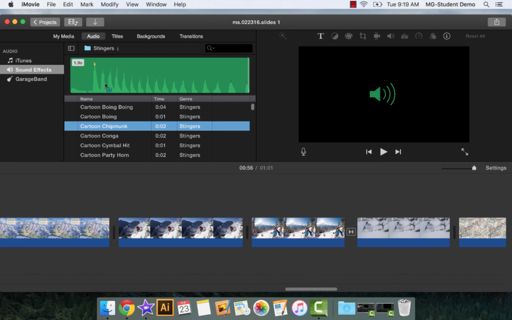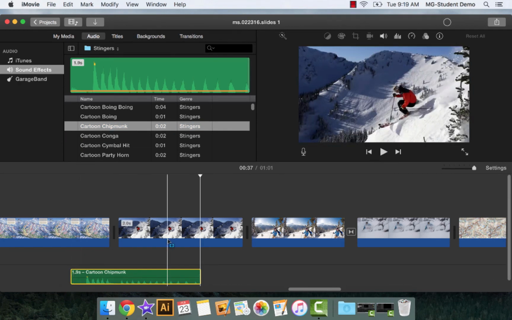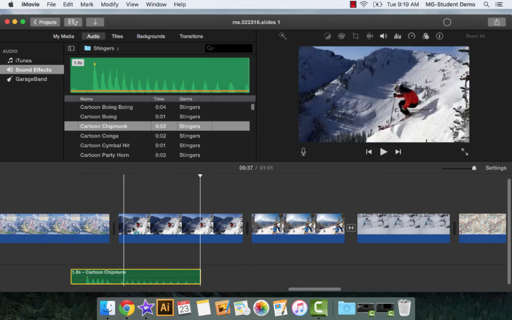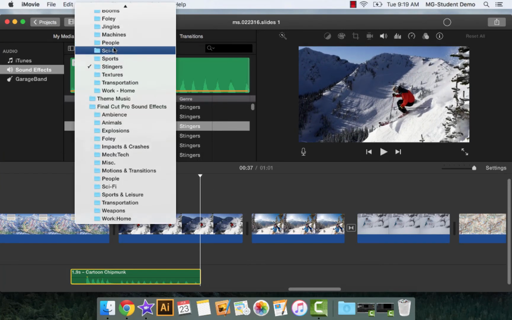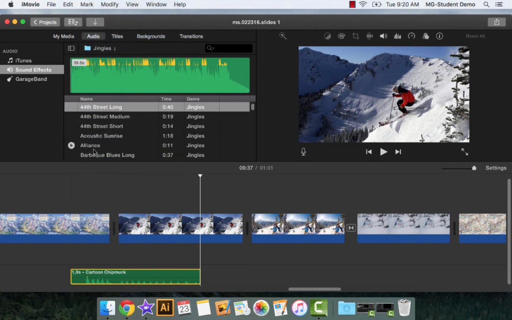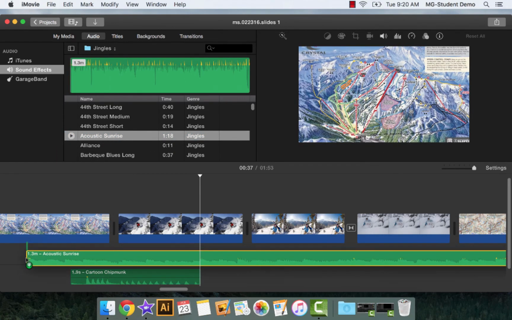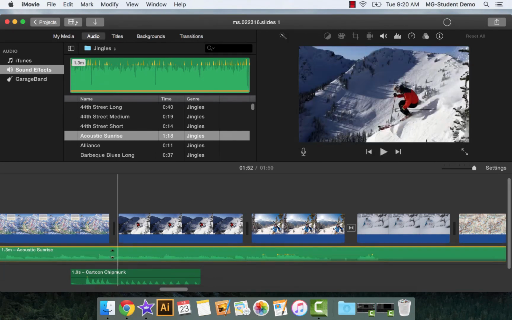Okay, so in order to move one of these pieces of audio down, you just drag it down below, and these are done in tracks. So you see you have an audio track that plays along with the video track here. And now let's go ahead and add some background music to this. We'll go up to the jingles here, and we got about a minute or so. This will be okay. Okay, and so we'll put this on a different track. So the music is playing on a separate track from